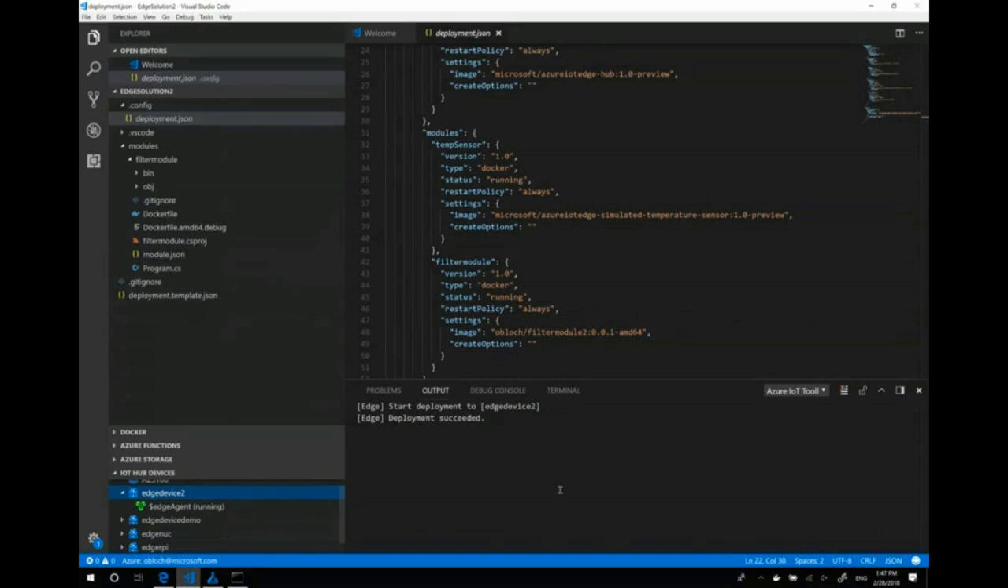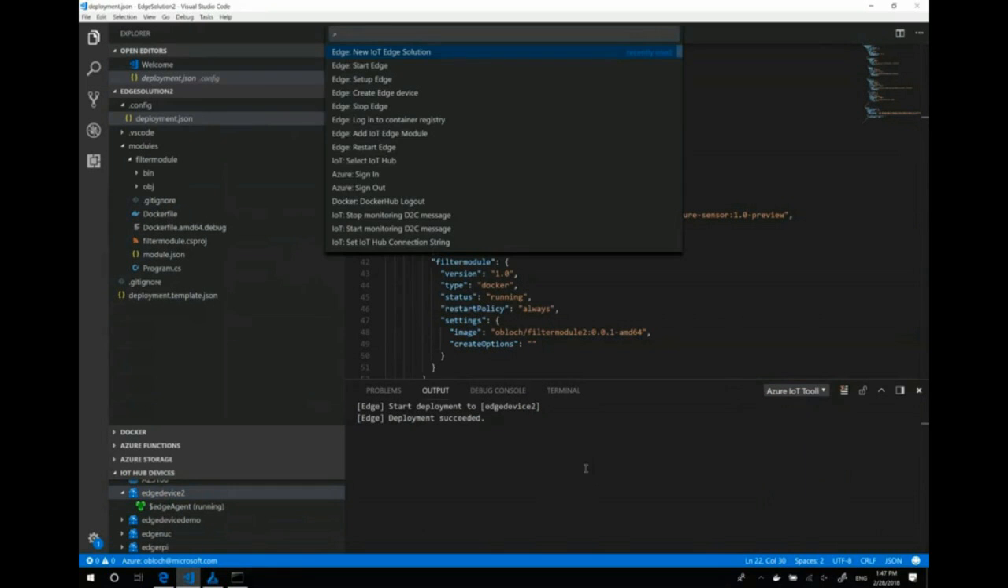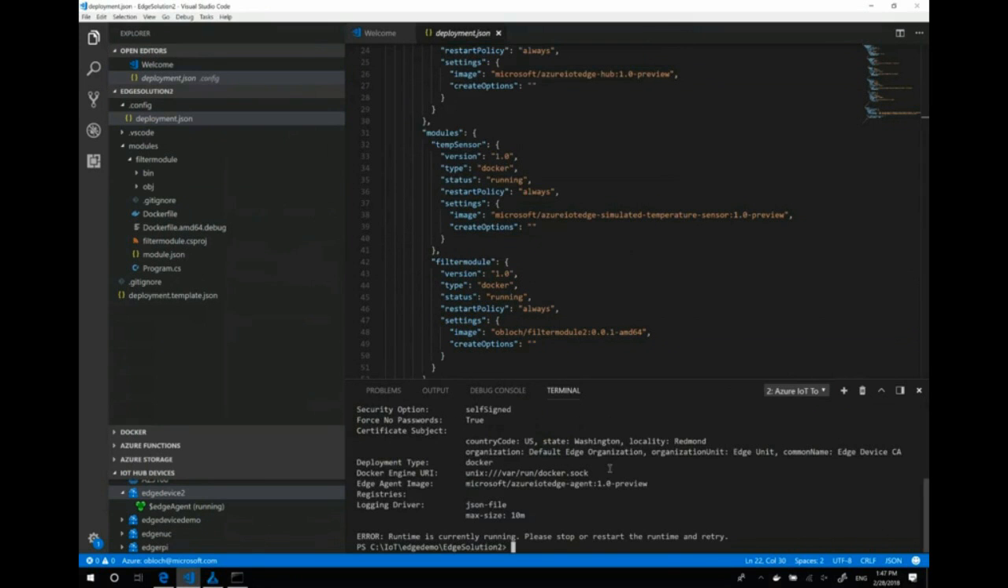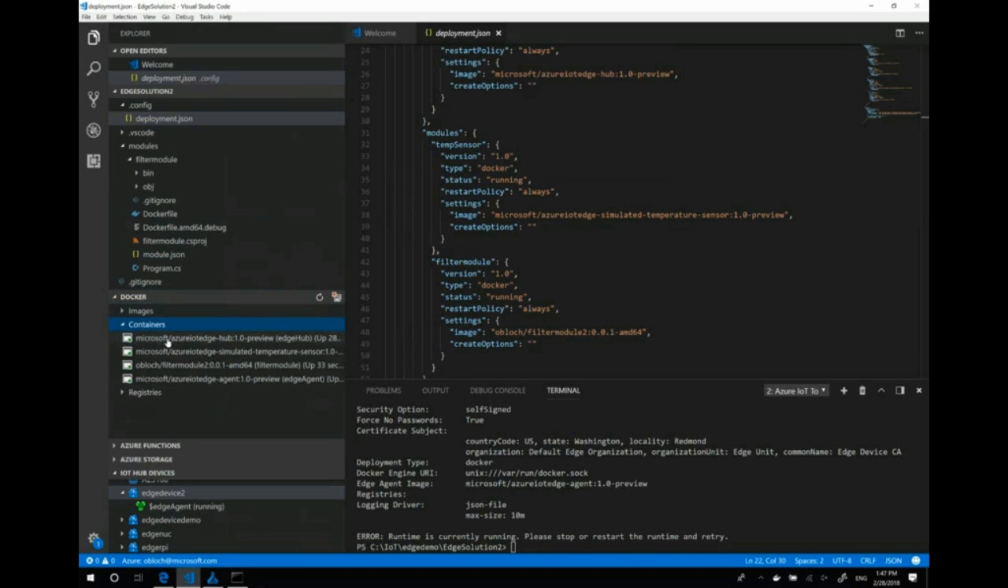And back to my device, I'm not sure whether I started that Edge instance, so I can actually do start Edge, which has been set up for that Edge device 2. And I can look on the Docker extension what's going on in terms of containers that are deployed and images. And I can see now that I'm locally running the Edge Hub, I'm locally running the Edge agent, and I